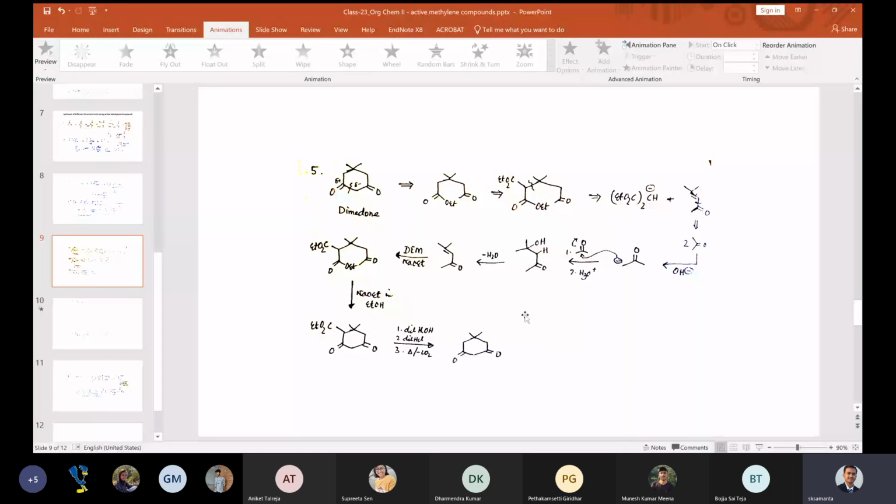So this is the dimedone synthesis. It's not very difficult. It's just cut here and cut here. So you get these two. These are made from aldol condensation. You get this compound. Then diethyl malonate. This is basically an intermediate which quickly converts into dimedone after you do this. These three steps, these three reactions, are used in a sequence most of the cases when you want to remove this CO2Et, which is connected at the beta position to this one.